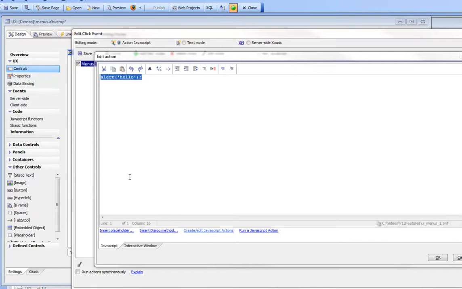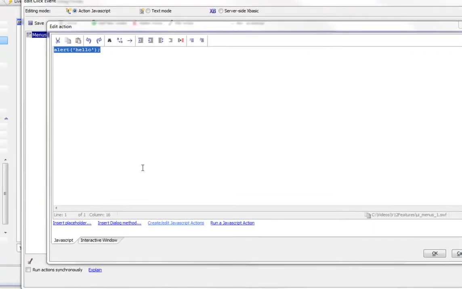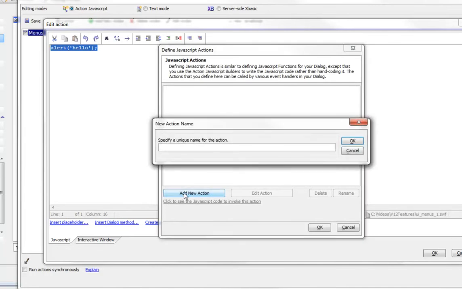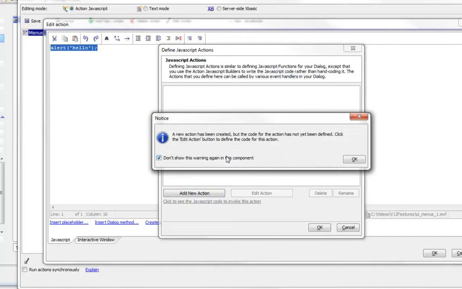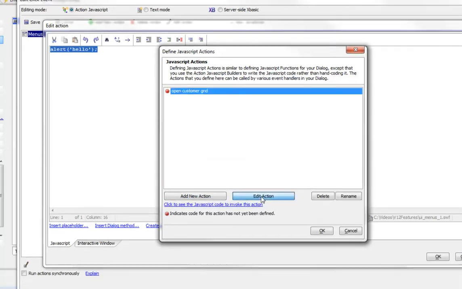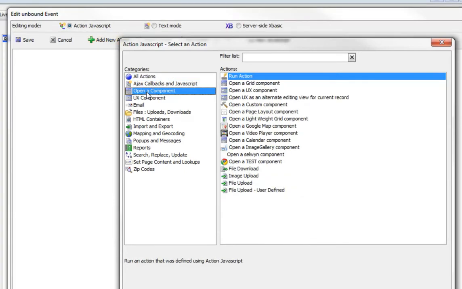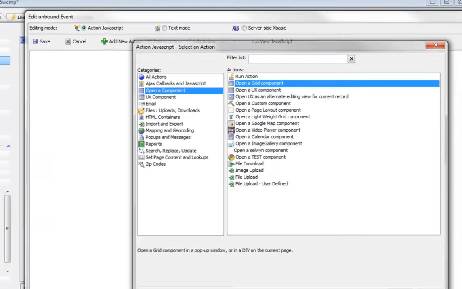So now we're continuing our discussion of the menu action. So let's go now and create a new JavaScript action. So we'll just call it open customer grid, and then we'll go and define our action. So our action is going to be open a component. That's going to be the grid component,